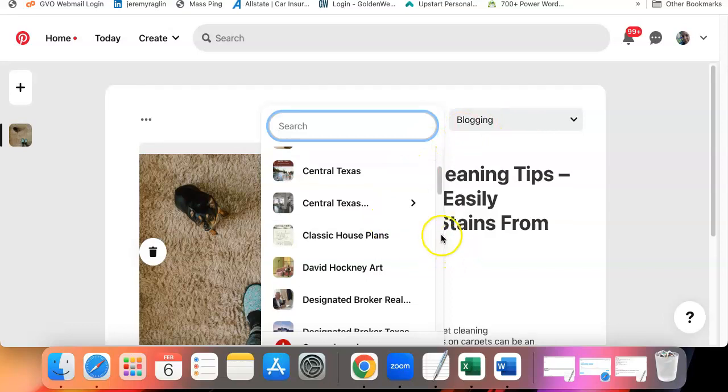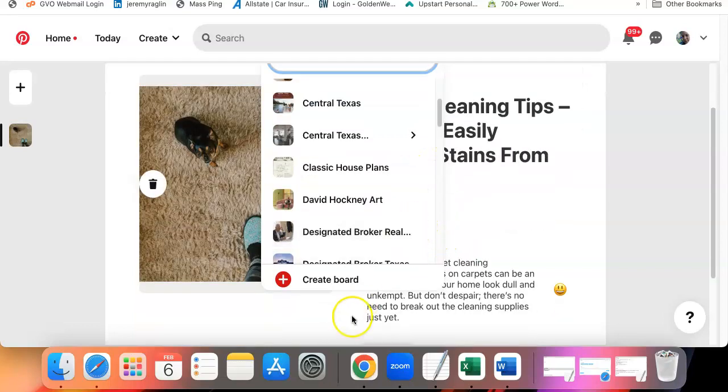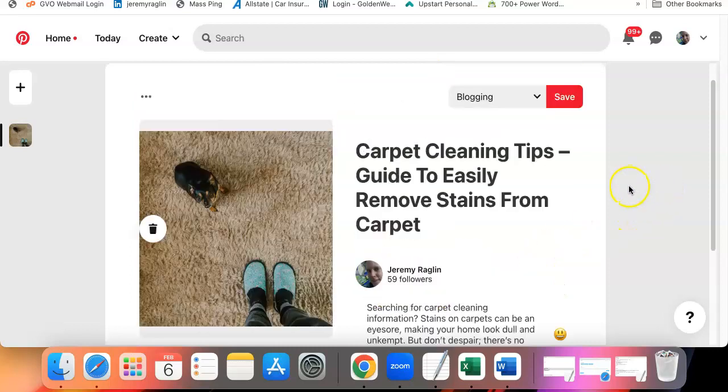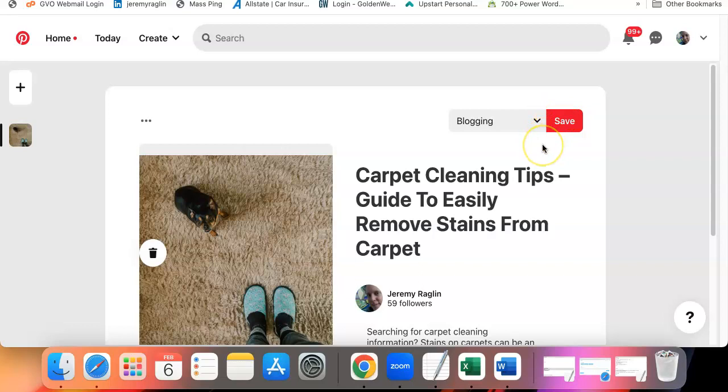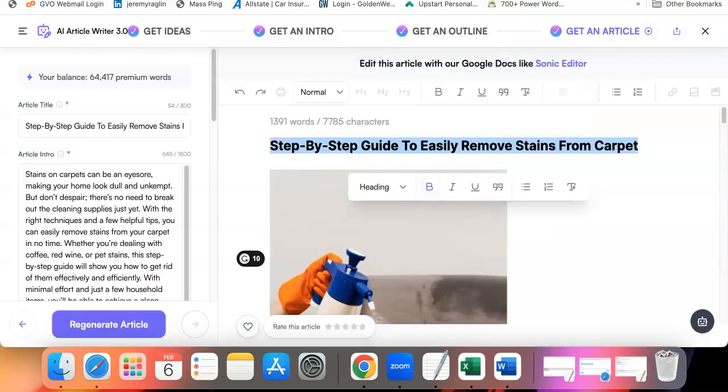I have a lot of boards. But for you, if you haven't created one yet, you just click on Create Board. That creates a board based on your topic, and then you just click on Save. And then basically what Pinterest does is they use this image to create that pin on your board. It's a great way to drive traffic to blog content. I definitely recommend Pinterest. And then another thing that you could do to drive traffic to your blog content is